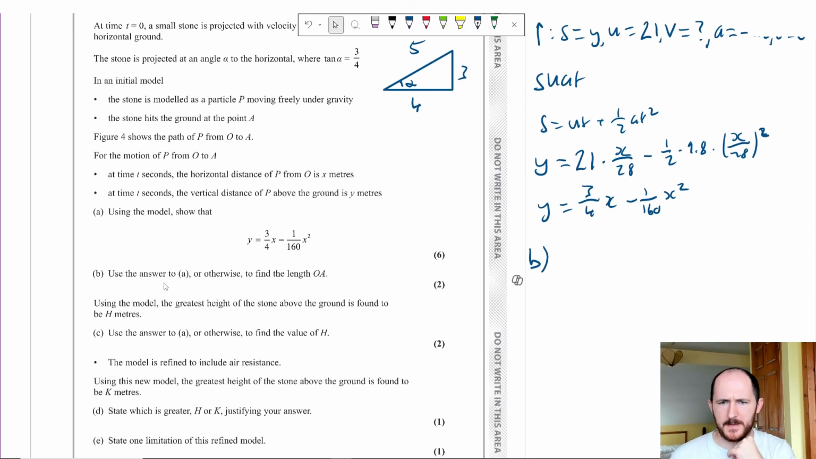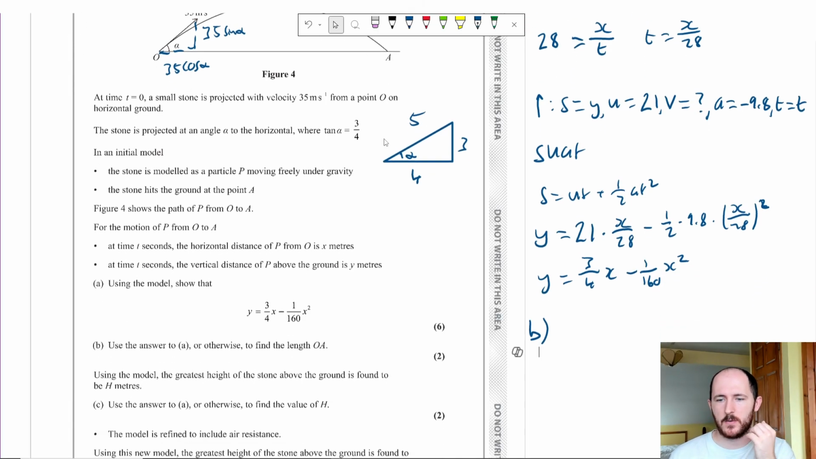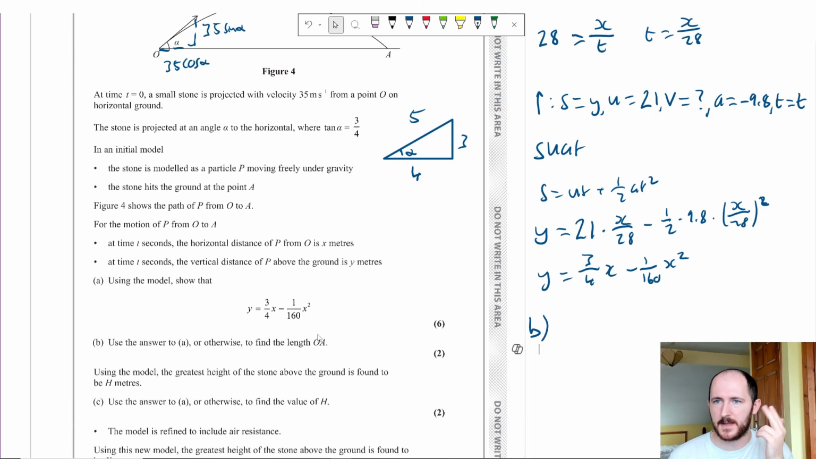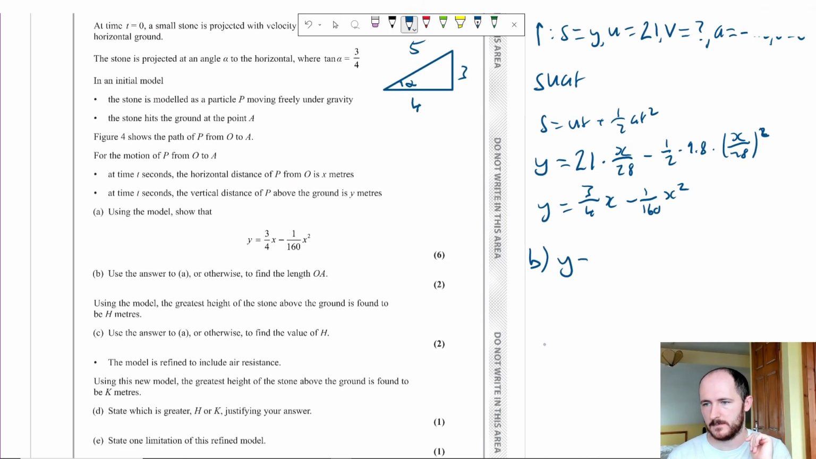So part B, using your answer to A or otherwise, find the length from O to A, where A is the end point. So why have they said O to A? Always think about that. Well, what happens at A? Well, y is equal to 0. Using your answer to part A, okay, if I sub that in, what do I get? I get 3/4 x minus 1 over 160 x squared equals 0. So if I factorize out an x,